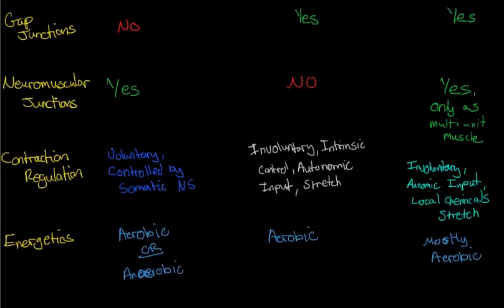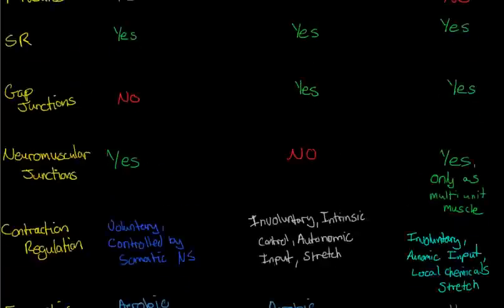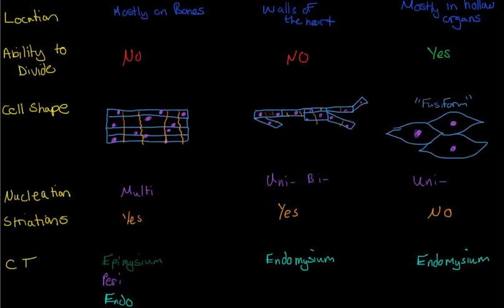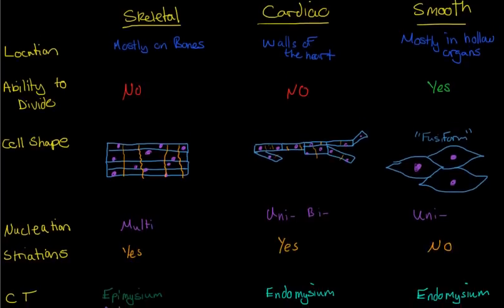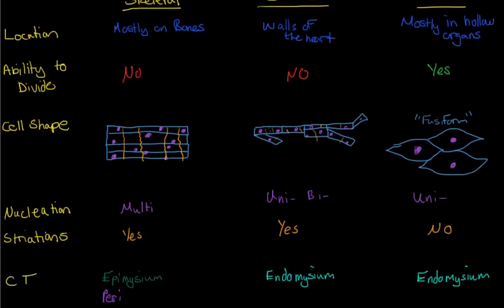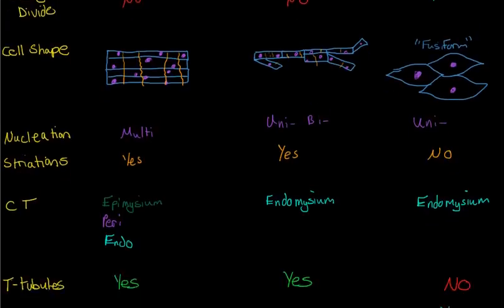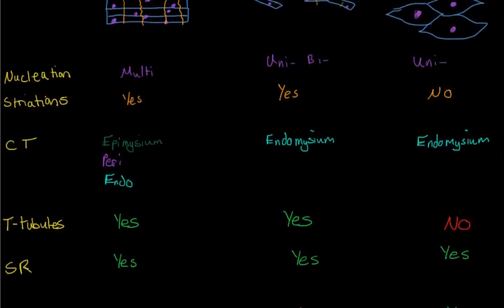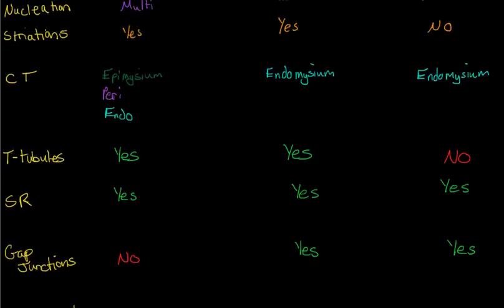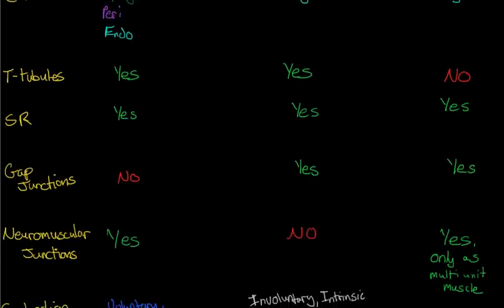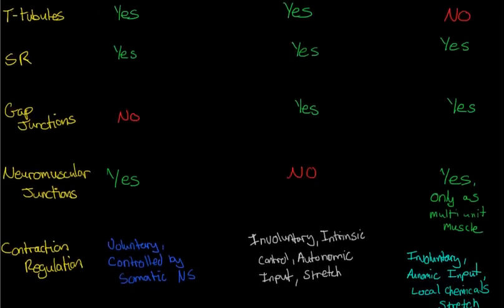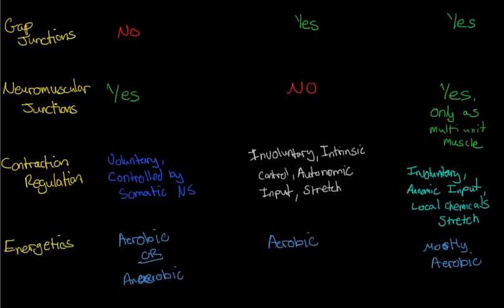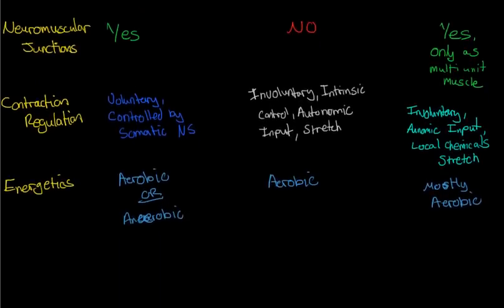Let's go up here again. Let's go over the top part really quick. We've got skeletal muscle located on bones, cardiac in the walls of the heart, and smooth muscle in hollow organs. Skeletal and cardiac cannot divide after birth, while smooth muscle can. We went over cell shape and nucleation and striations, the difference in the connective tissue organization, presence of T-tubules and sarcoplasmic reticulum and gap junctions, whether or not these types of muscles have neuromuscular junctions,